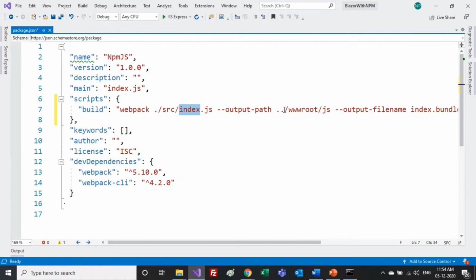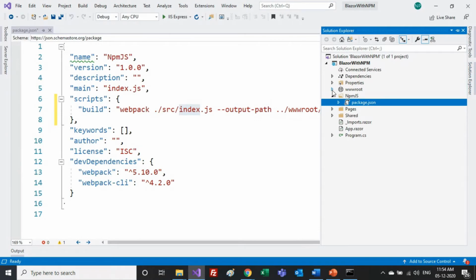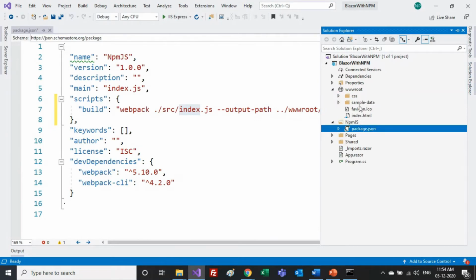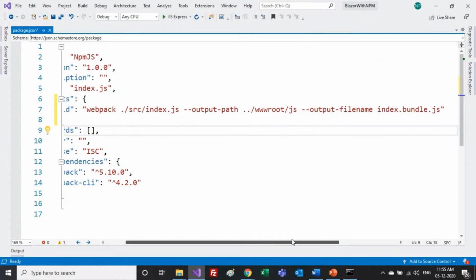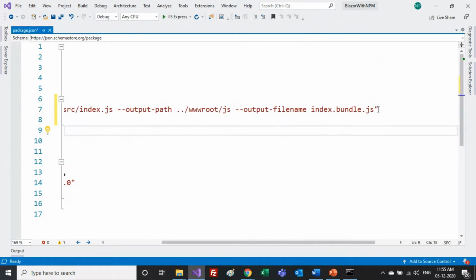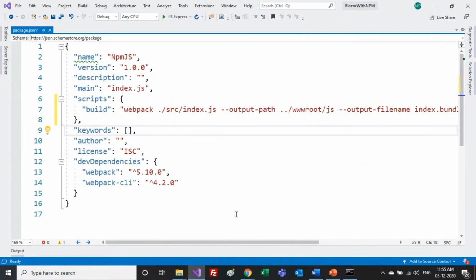As we know, in ASP.NET Core architecture we have a folder called wwwroot, and here we will have our output file, which is not here right now. But whenever we run this build command, it will generate an output file named index.bundle.js, from this specific path.